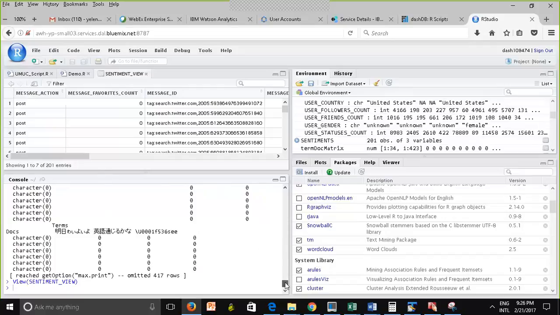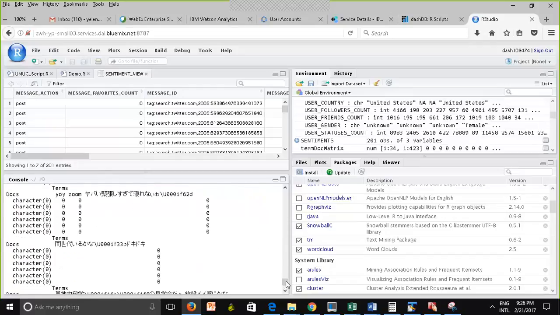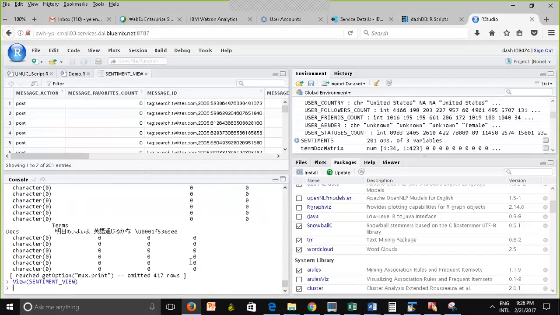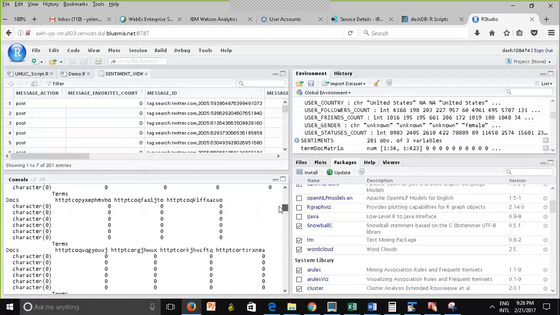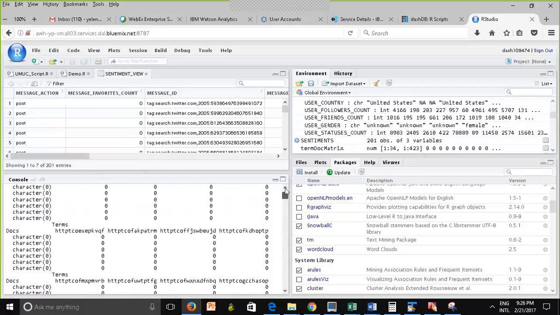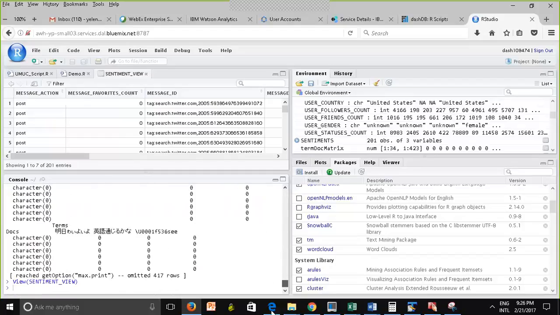So, for instance, how can you go beyond? You could think about removing non-English characters, something like that, right? Or there could be another text mining method that I have not seen or done, and you may read about it and want to apply it, you're more than welcome to.